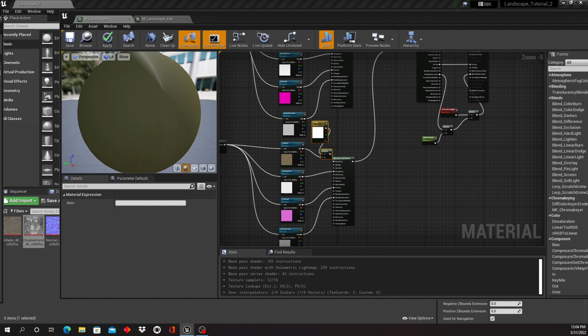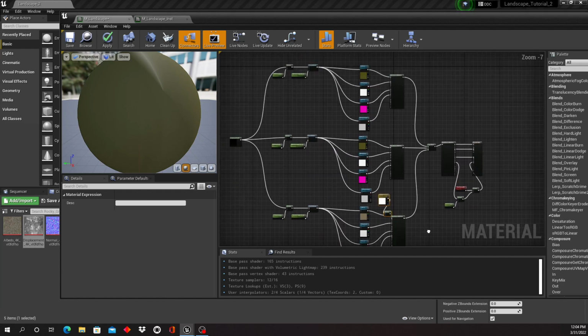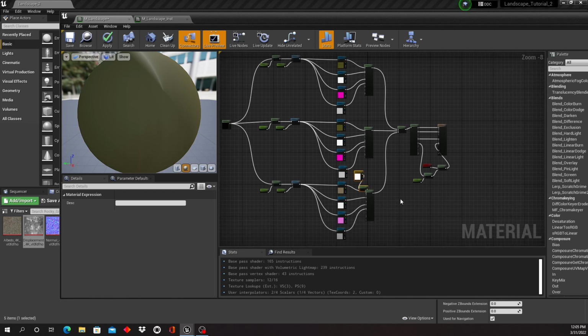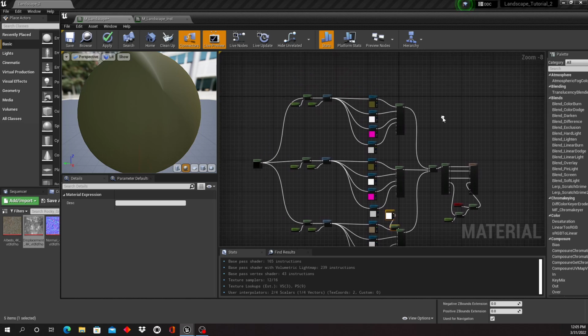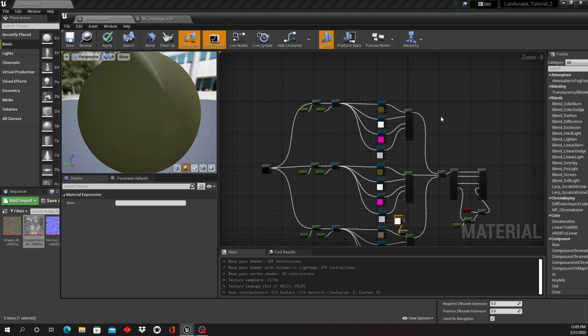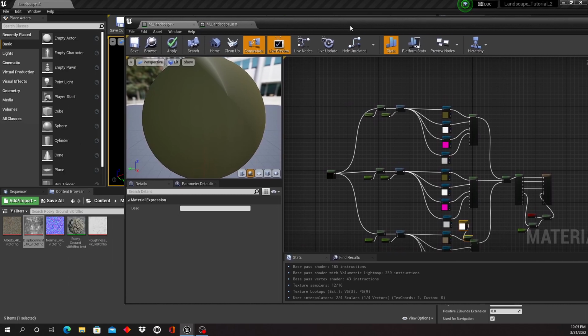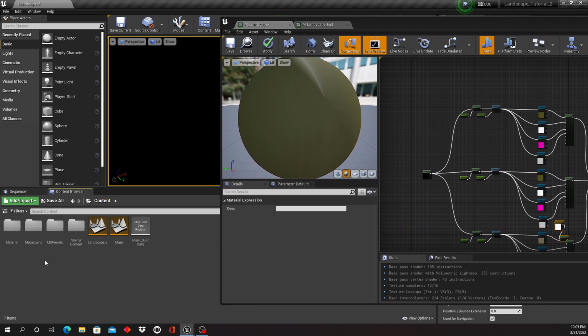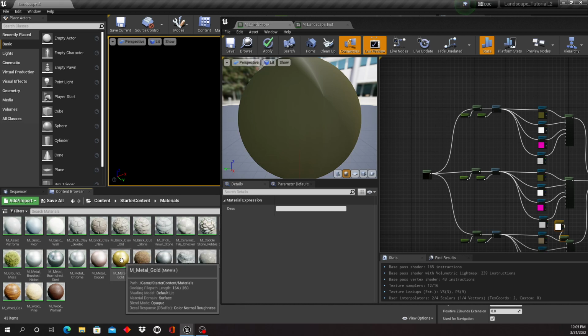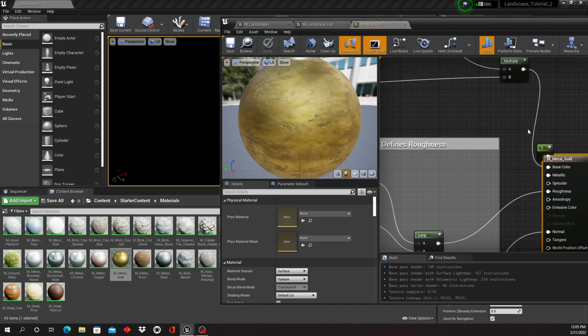We could call this done, but obviously there's a lot more that can be done to a material, and this is a very simple material, even though it's starting to look complex. It really isn't. But there's one trick that I've run into, which is really nice, and with that one we're actually going to steal some node functions from another material. We're going to go into the content right here, into the starter content, and then the materials of the starter content, there's this gold material right here. I'm going to open